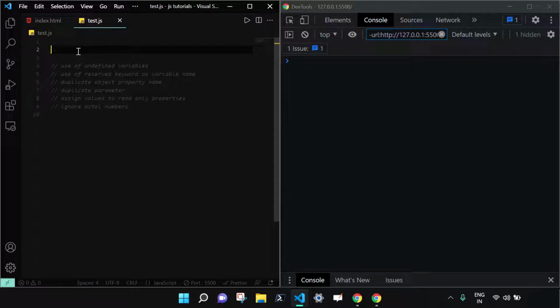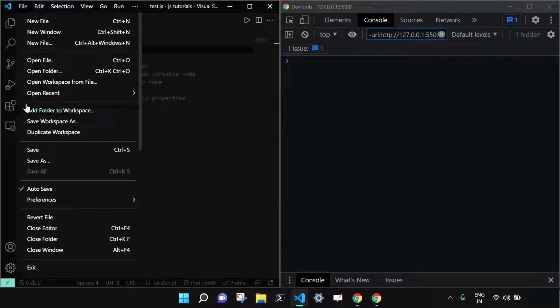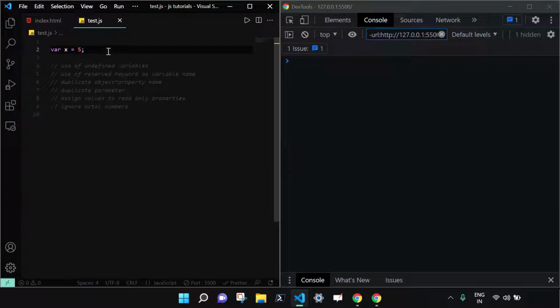But when it comes to JavaScript, it's a bit different, because normally, generally, we are not in strict mode. Like right now I'm not in strict mode. So let me actually show you something. Suppose I want to create a variable in JavaScript. Suppose the variable name is x and I want to give it an integer value 5. So I created a variable here, var x is equal to 5, and as you can see, there is no error on my console. But actually, let me turn off the autosave.